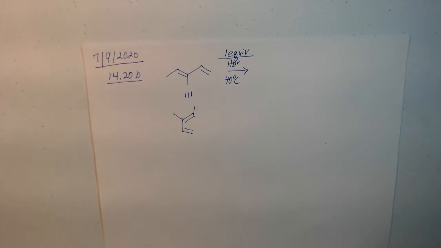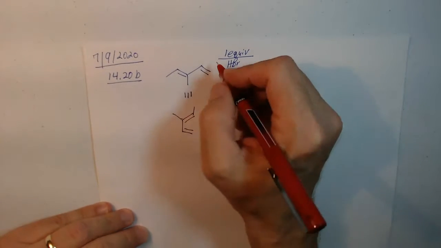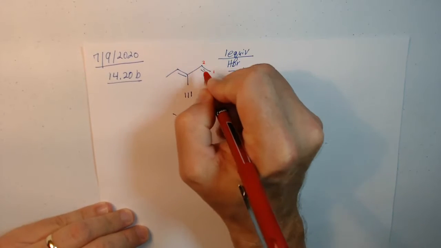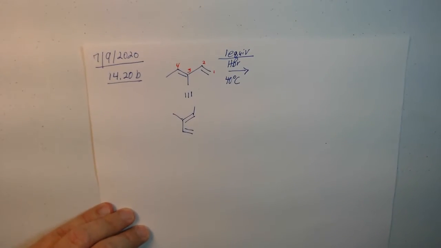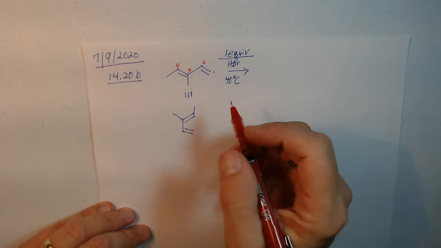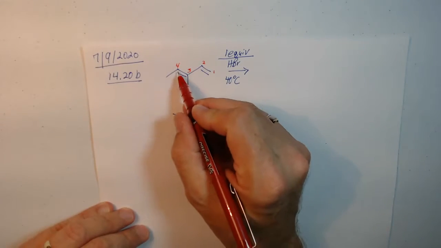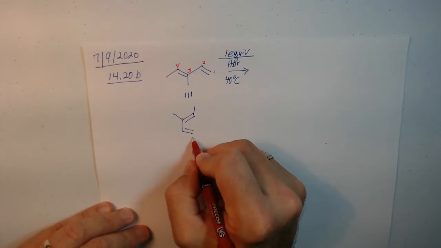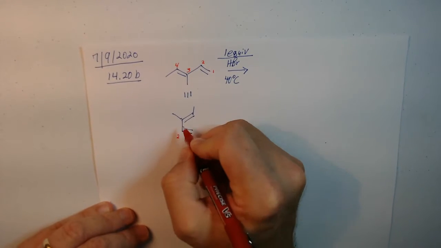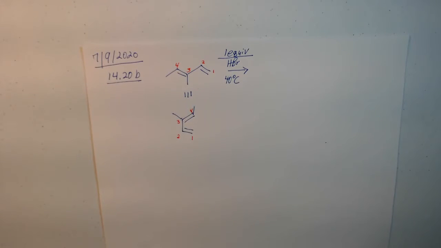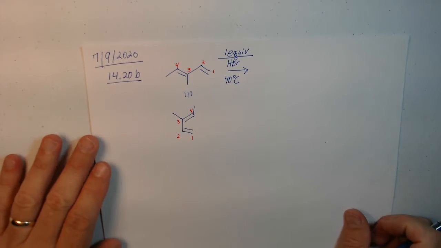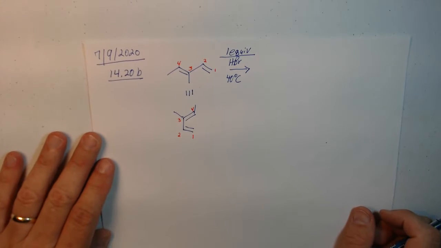So looking at my diene now, I want you to see that these are equivalent. 1, 2, 3, 4. Okay. So there's atoms 1, 2, 3, 4 of the diene, and I want you to see those 1, 2, 3, 4 in my new conformation. Now, the key element in